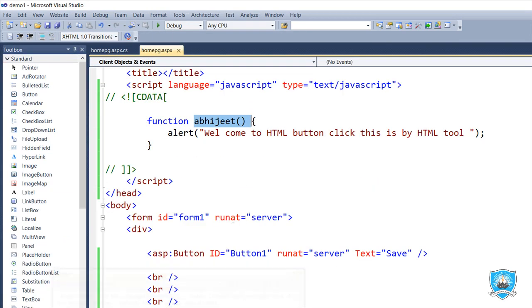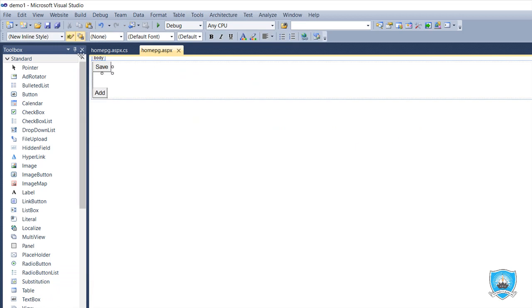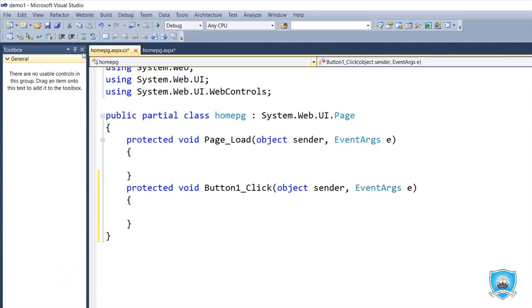I'm going into design view, and when I double click on this save button, look, this is a code event where the event generated by Button1_Click is managed by protected void. In VB.NET it was Private Sub Button1_Click and it required End Sub.